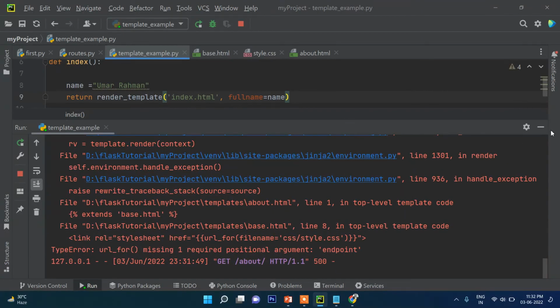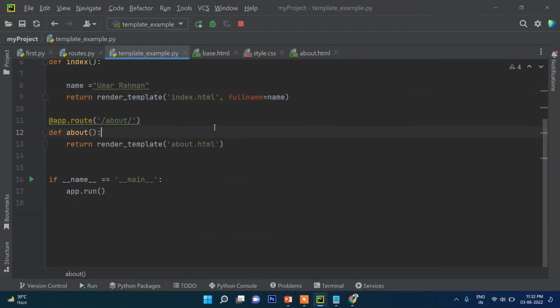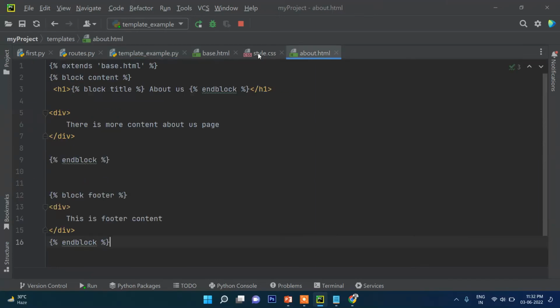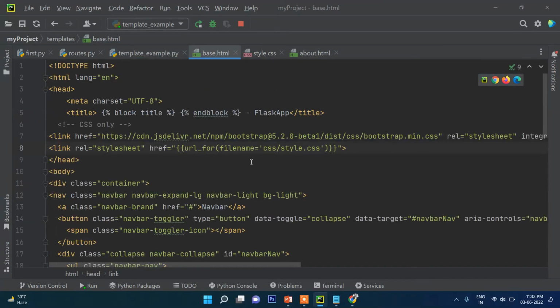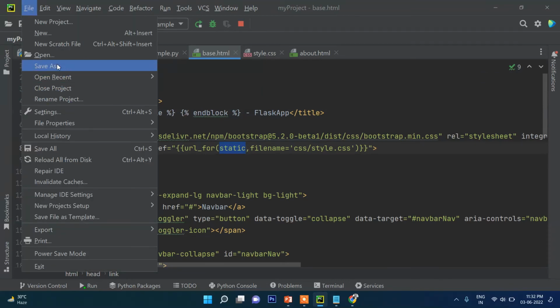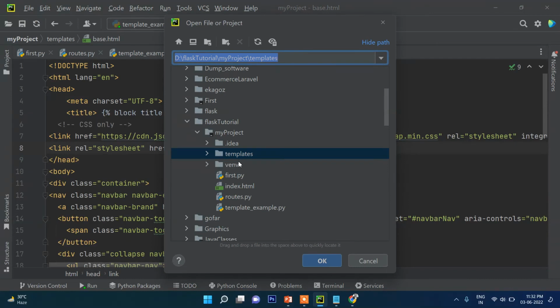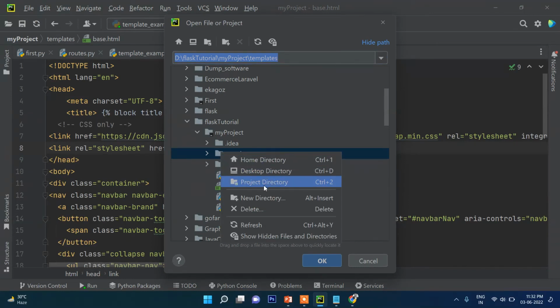Where is that? Inside this base URL, because an endpoint is required here, static. So what we need to do, let's go to that folder and create one more folder called static. Okay,